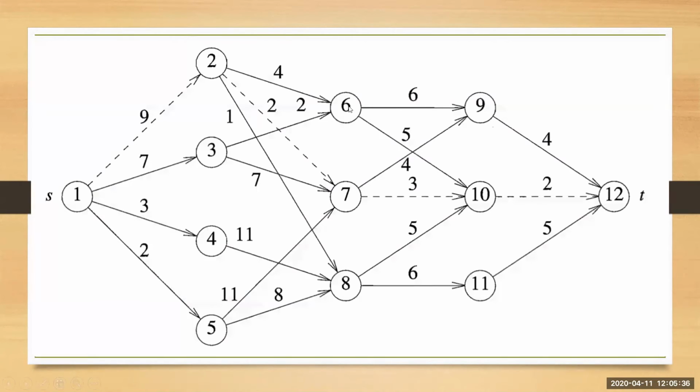Now look at this diagram. We have already calculated what is the cost of 9, isn't it? You know what is the cost of 10. Now we have to calculate the cost of 6. There are two paths. One is from 6 to 9, the other is from 6 to 10. We have to set the cost of 6 based on the minimum value, whether going through 9 is minimum or whether going through 10 is minimum.